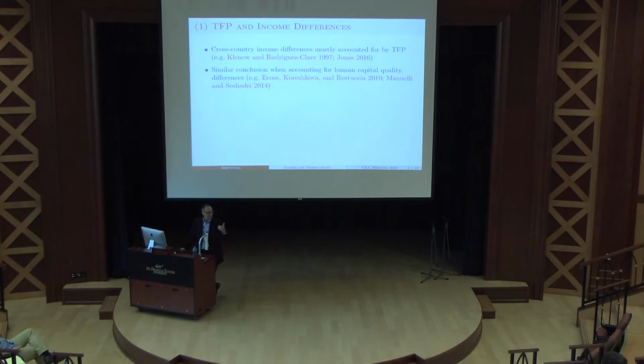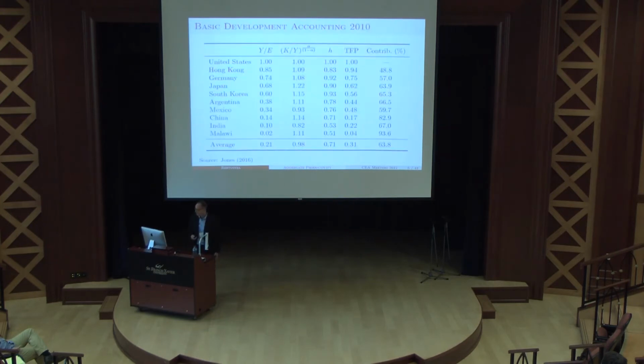So to the extent that TFP is one of the big drivers of human capital differences, then in the end, we're back to trying to understand productivity differences. So here's a summary table of Jones using recent data for 2010, where he decomposed GDP per